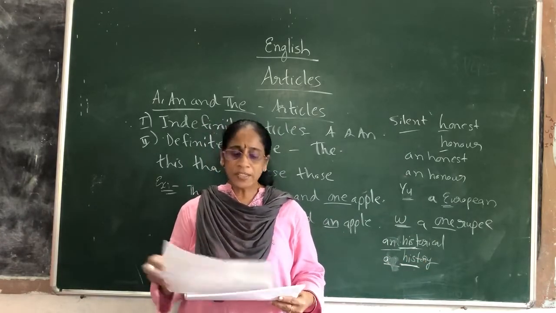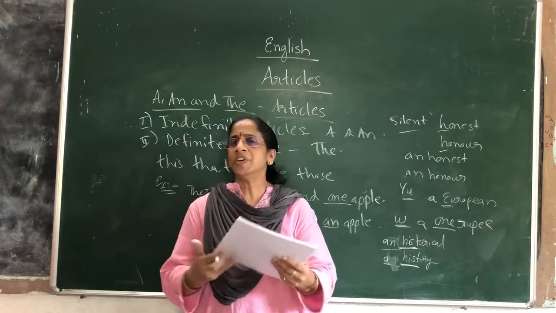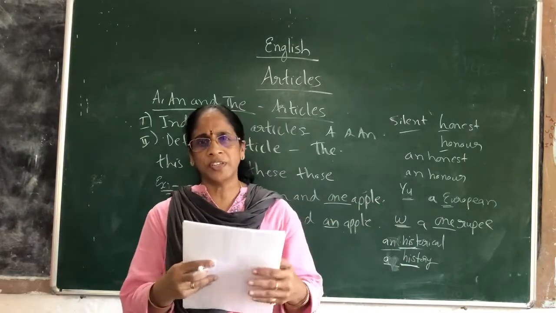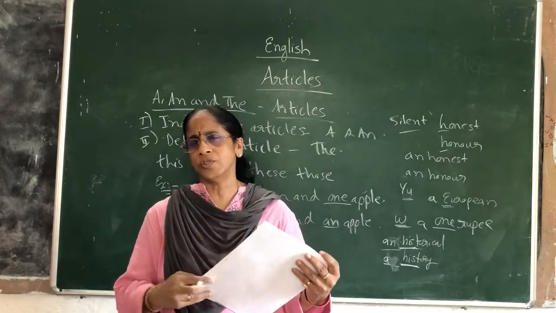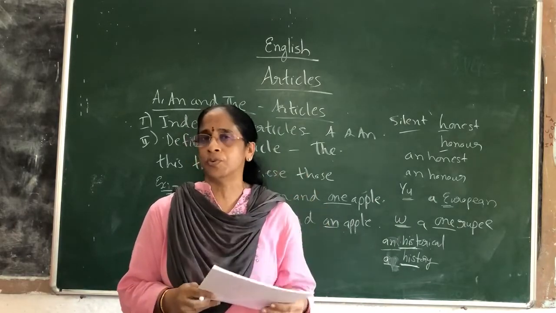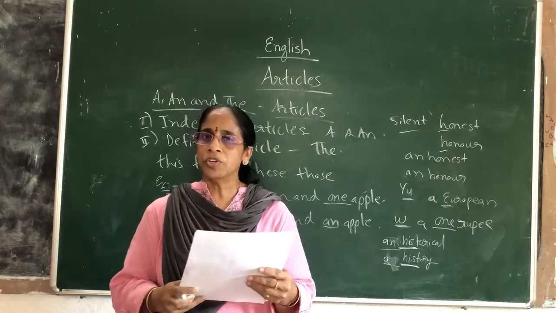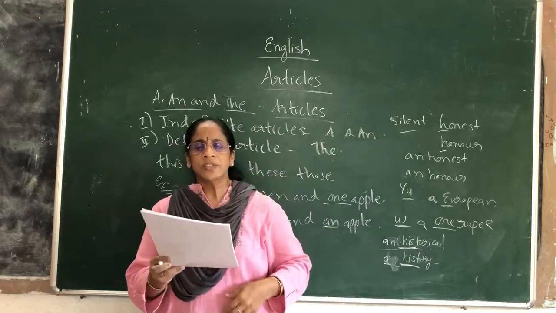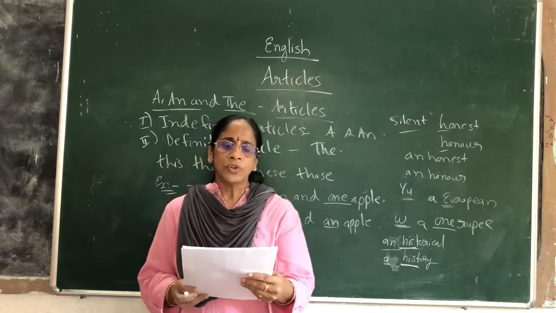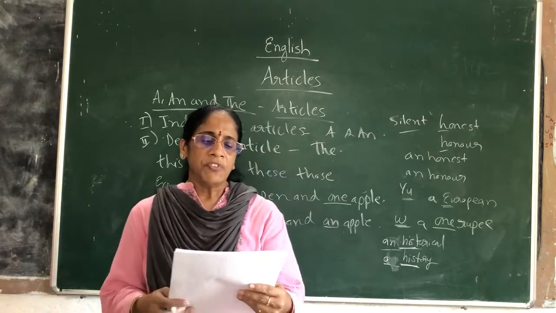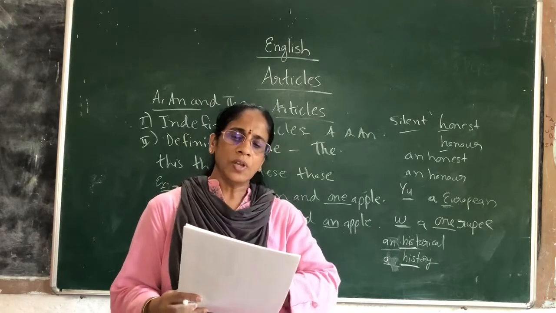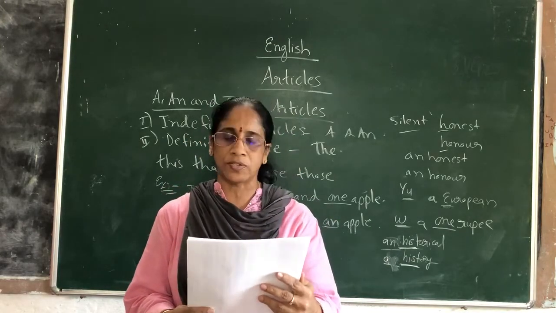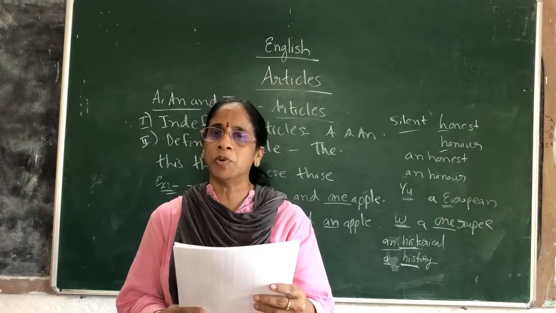Now, what did I say just next? I told you we can't use these articles, definite or indefinite, wherever we want, as we like. So there are certain rules to be followed. I'll read out the rules while explaining, then I'll show you the chart with the details. Use the definite article when we speak of a particular person or thing, or one already referred to, or particularly about whom you are speaking.